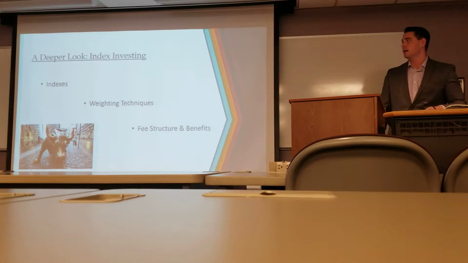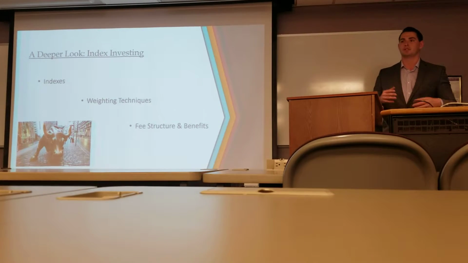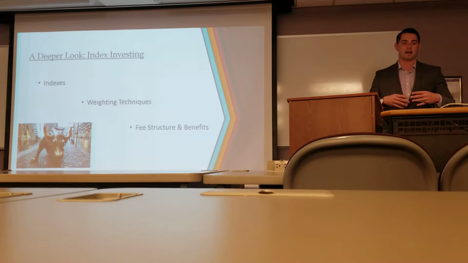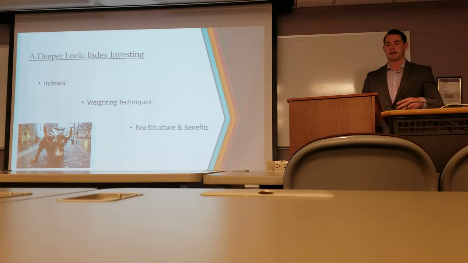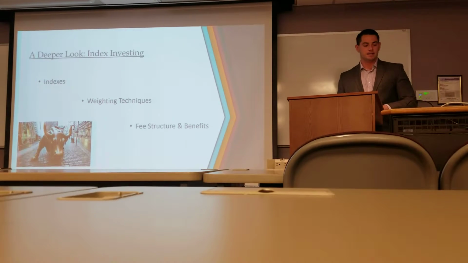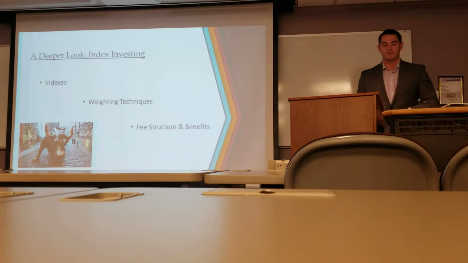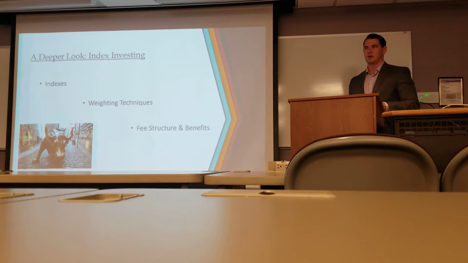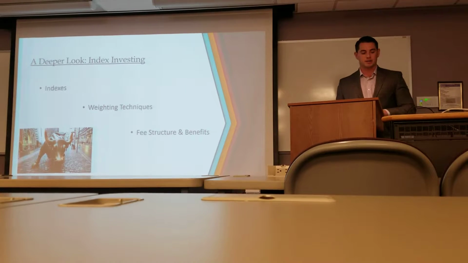So looking at some of the more popular indexes, we have the Dow Jones Industrial Average, which has 30 bellwether stocks spread out through companies in different sectors and industries. That's traded on the New York Stock Exchange and the NASDAQ. We have the S&P 500, which is Standard & Poor's, 500 large cap companies. The NASDAQ Composite looks at over about 4,400 different publicly traded companies across the country.